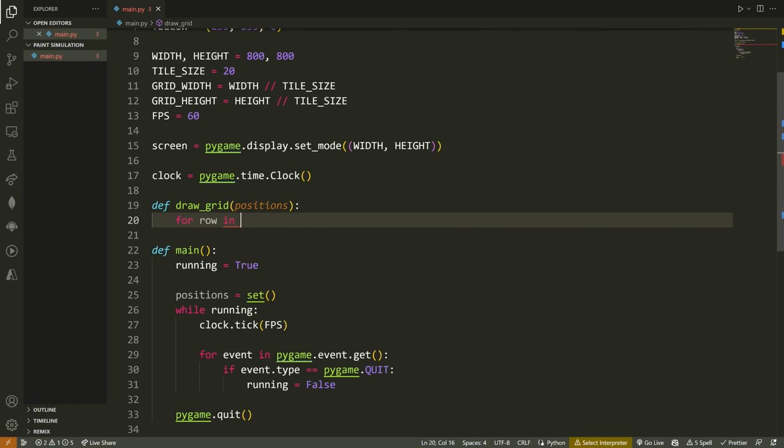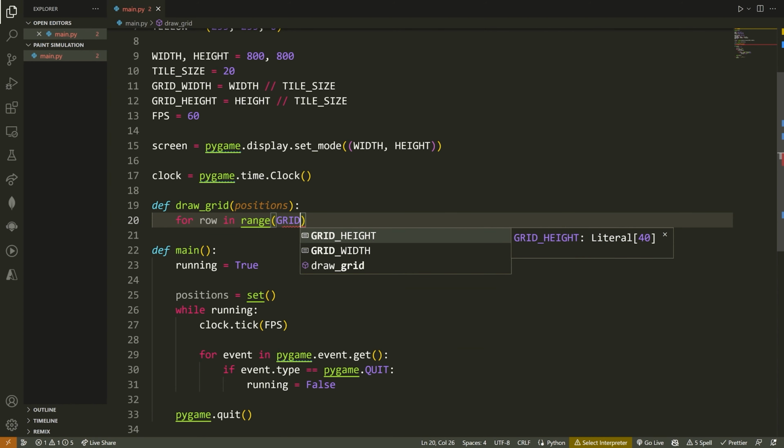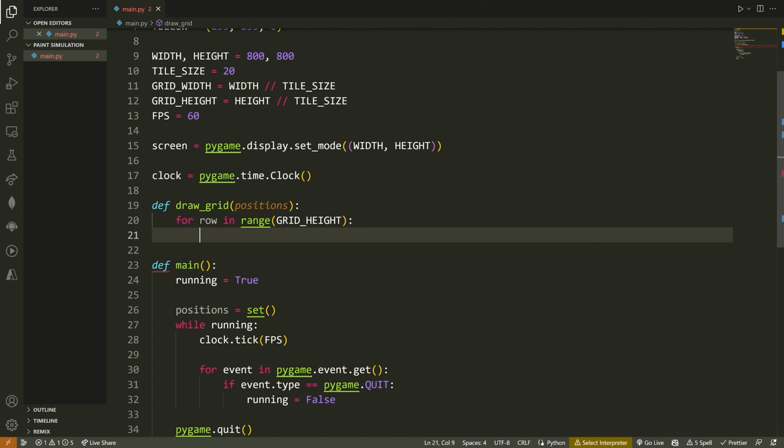So I'm going to say for row in range, and the range of this is going to be our grid height. Now what we'll do is we'll draw lines for every single row that we have in our grid, which is the height of our grid. So to do that, we're going to say